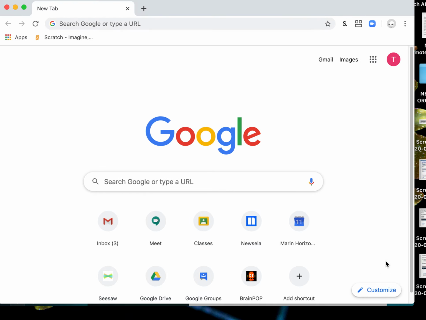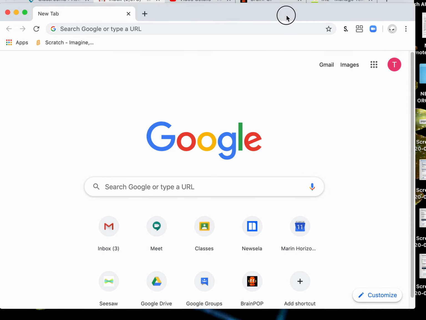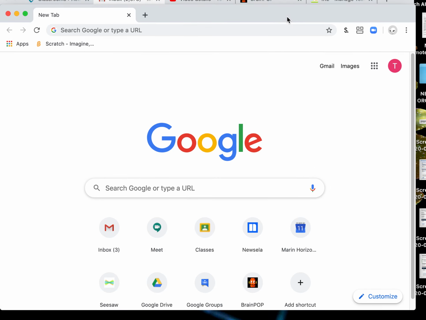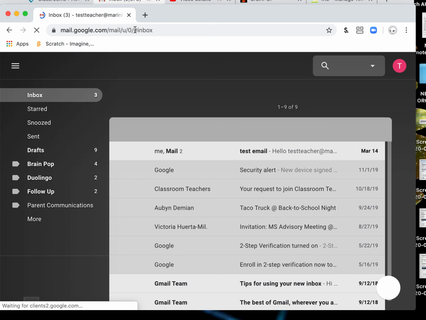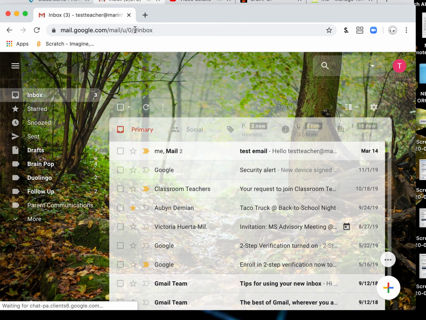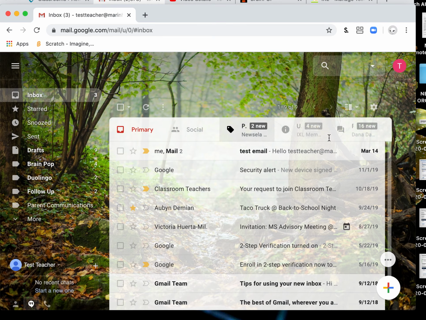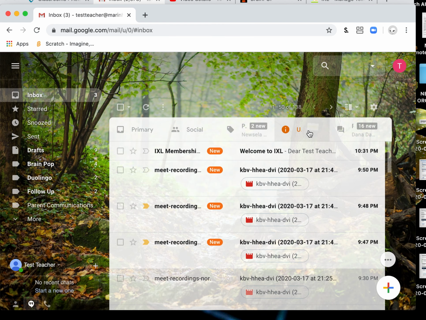Today we're going to take a look at IXL. Recently, in light of the remote learning scenario that we are in, IXL has made all subjects available for us as teachers. So you may have used the math module of IXL, and some of you are using the language arts module. But let's take a look at what that looks like and how you can set up your additional